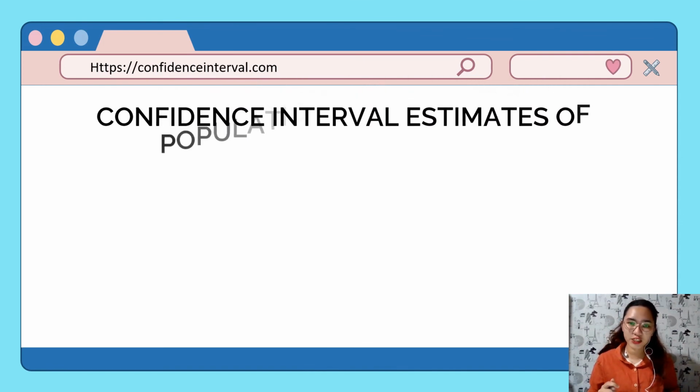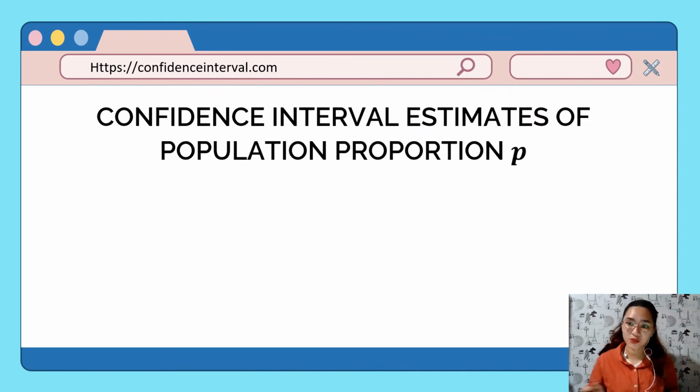Syempre, a confidence interval estimate also applies with other parameters. At ang example po nun ay yung ating population proportion, which is hindi na natin tatalakayin sa ating mga discussion. Magfo-focus na lang tayo dun sa population mean sa lahat. Though, itong population proportion ay matatalakay po natin siya sa hypothesis testing. Pero dito sa interval estimate, population mean na lang po tayo magfo-focus. Okay? Pero ipapakita ko na rin po sa inyo kung ano po yung formula para makuha naman po yung interval